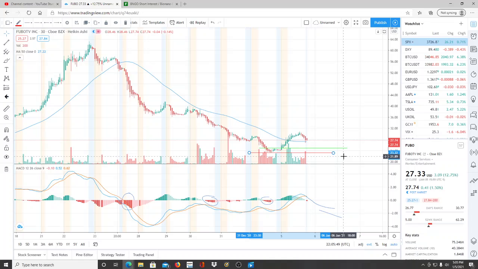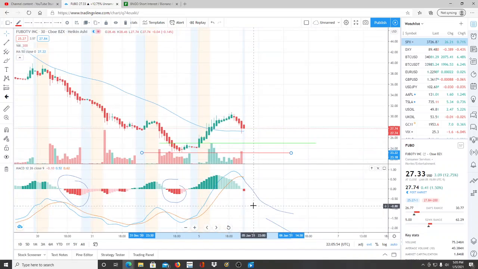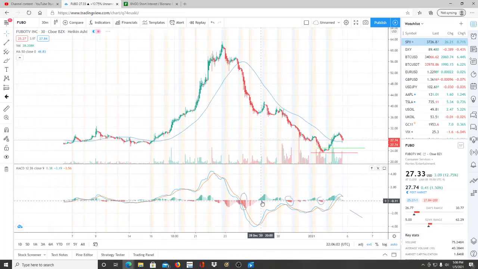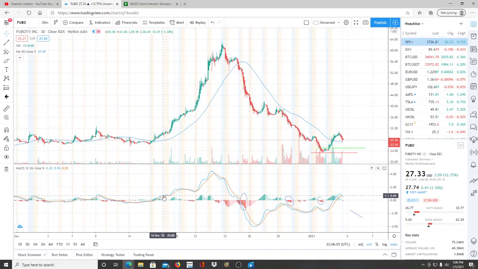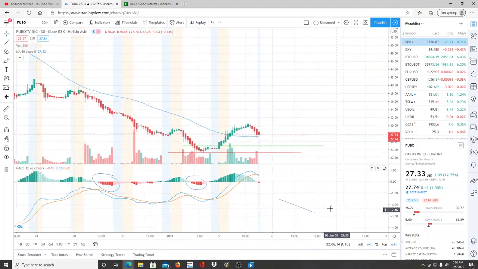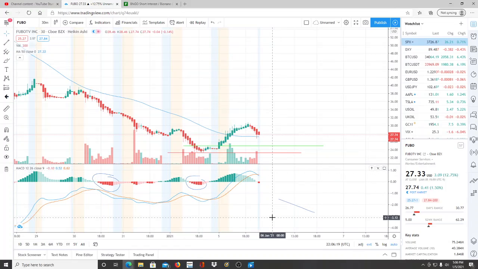Great run for Fubo, but not strong enough to stay up. It's already going in that downward direction. That's not a good sign. For this to already be going that steep down, it's not a good sign. Look how it's done it before. It kind of comes up, then it bounces up, kind of comes down, and then it comes back up. And that's how we got all this run here. That's not a good sign what's going on here. This was way too fast. Fast up, fast down. And we're already seeing red appear.